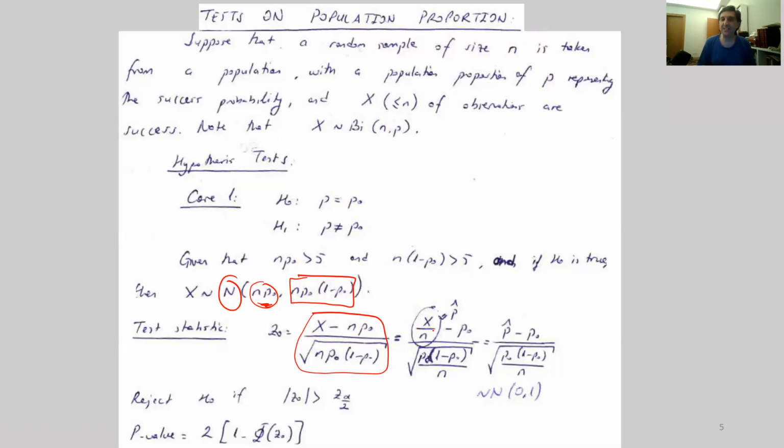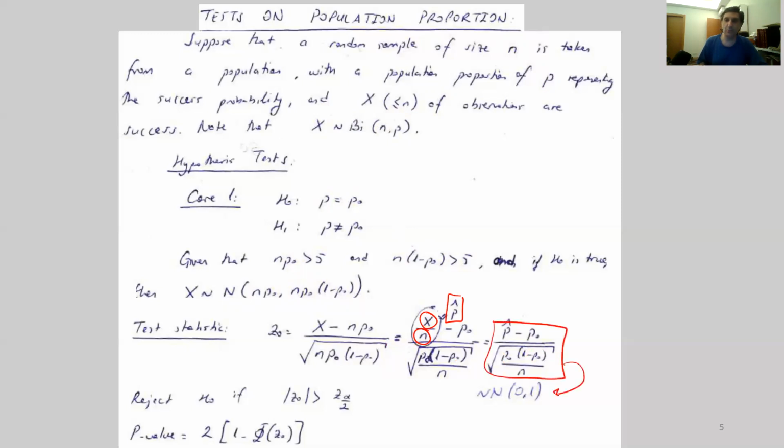So the test statistic that we are going to be using is shown with this standardized normally distributed random variable. Here, when we divide both the numerator and denominator by n, so both sides multiplied by 1 over n, then in the denominator we are going to have X over n. This is the number of successes divided by the number of trials, right? Which is going to be the maximum likelihood estimate for the Bernoulli distribution parameter p, which we have actually talked about in confidence intervals. So basically, if you just follow this derivation, this quantity would be normally distributed with 0 mean and 1 standard deviation. So basically what we are going to do is, from a sample, we are going to obtain this test statistic.